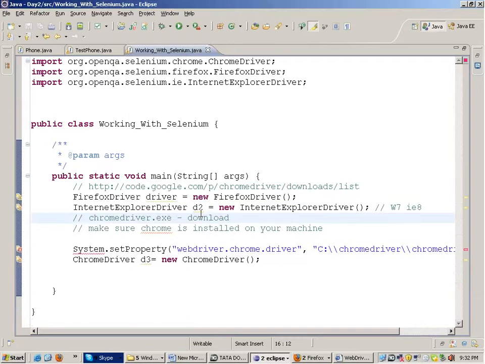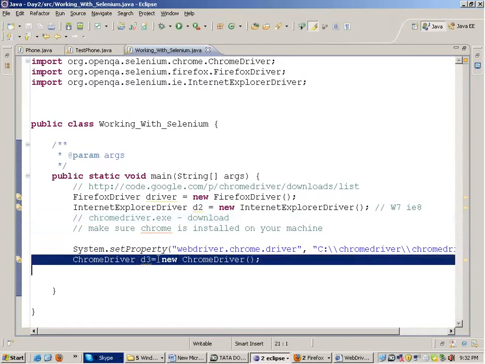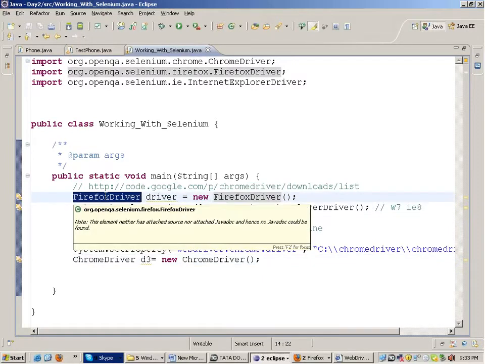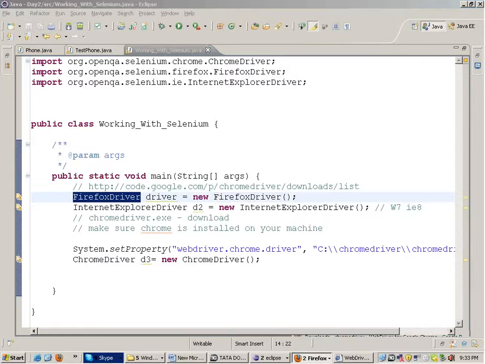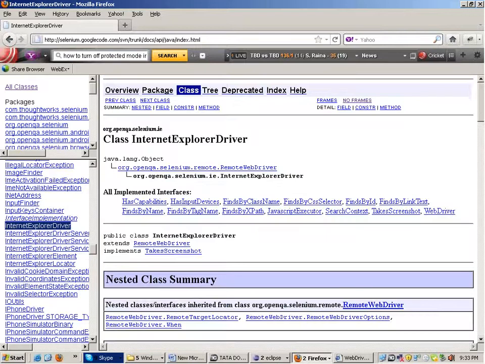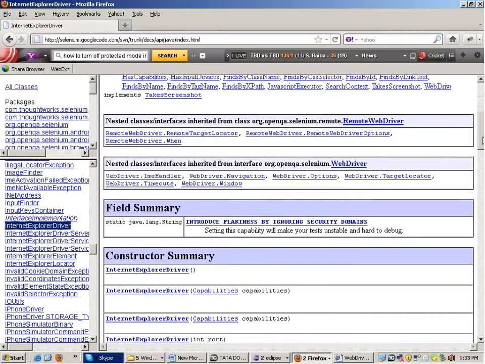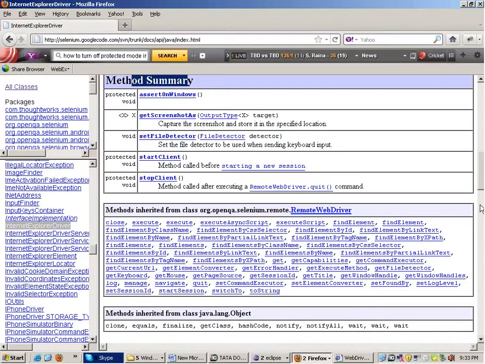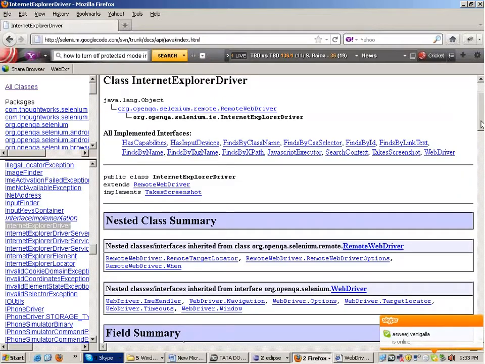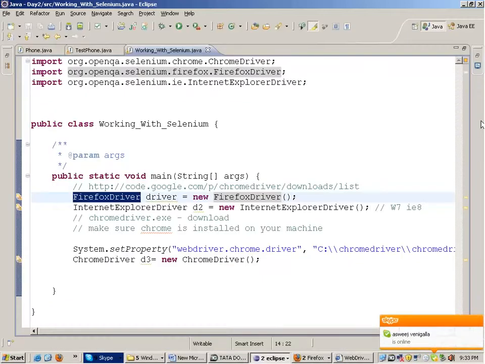So how do I work with this? Similarly in Chrome also, the Chrome class will have various functions. Now these are inbuilt classes, right? One way can be, fine, go to your documentation, click on Internet Explorer driver, and you get this class. In the method summary, you will get the methods present in it. But how do I make sure which method is to navigate to a page on Firefox driver, which method is to navigate on an IE driver, which method is to navigate on a Chrome driver?